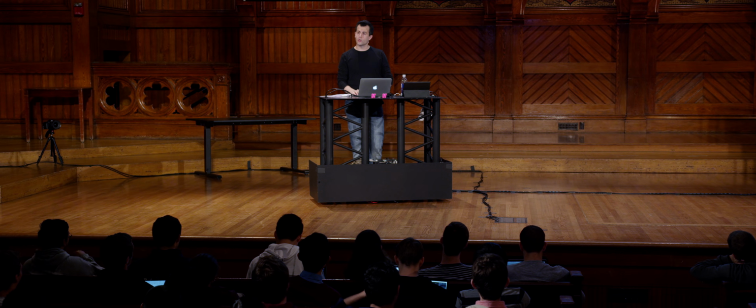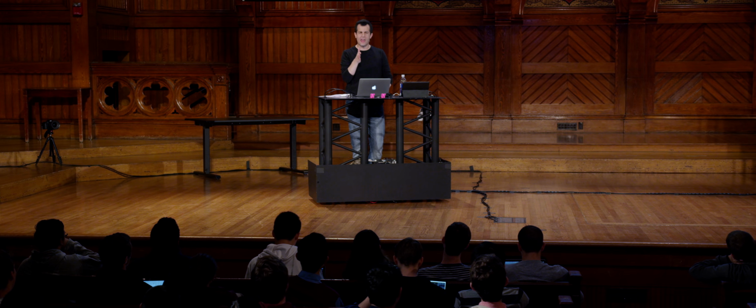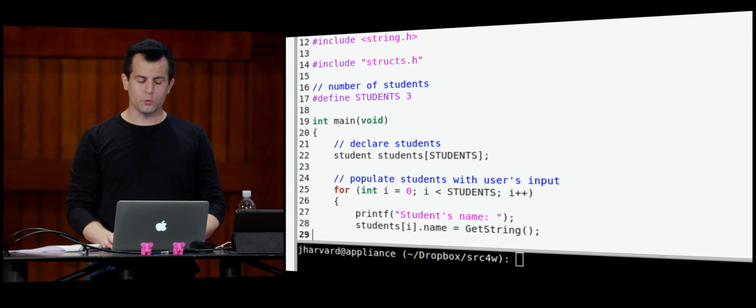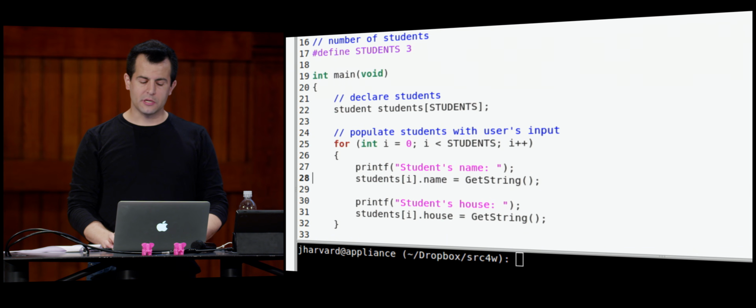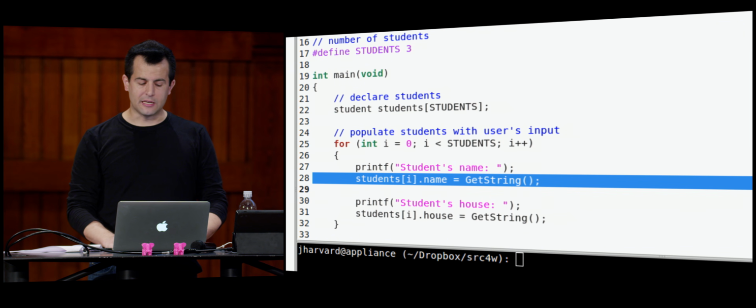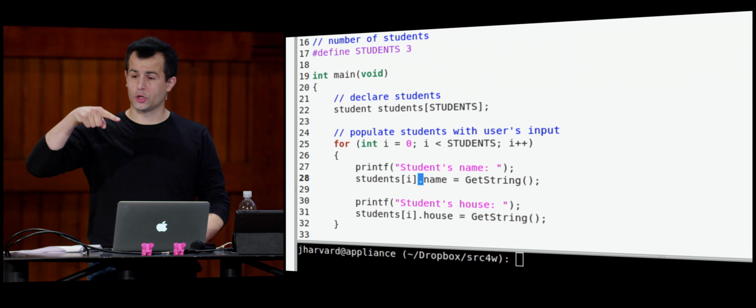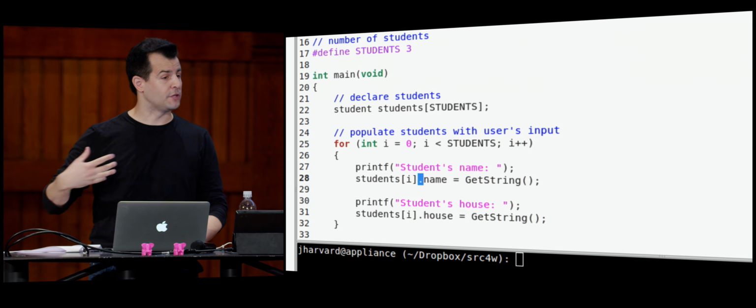So that just leaves one question. How do you get at the name and the house and the ID and whatever else is inside of the student? Super simple as well. New syntax, but a simple idea. You simply index into the array, as we did last week and this. And what's clearly the new piece of syntax? Just dot, which means go inside the structure and get the field called name, get the field called house,